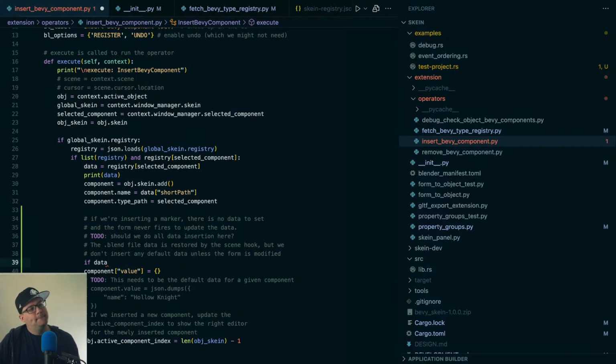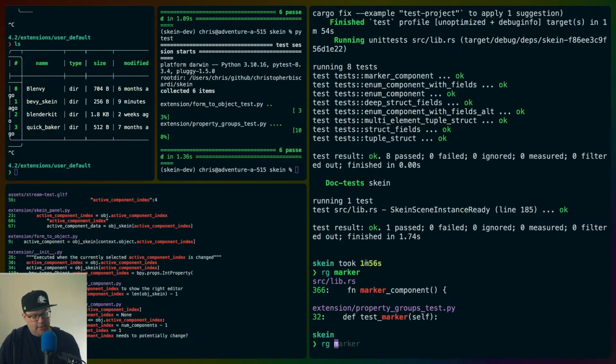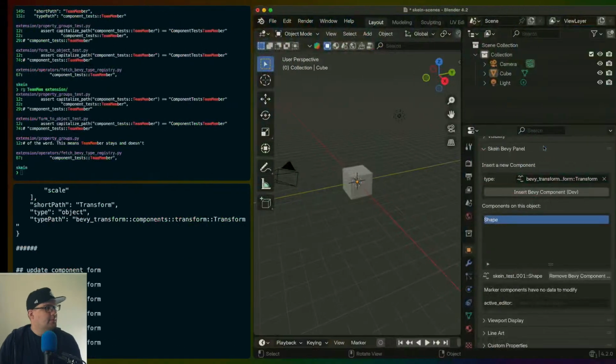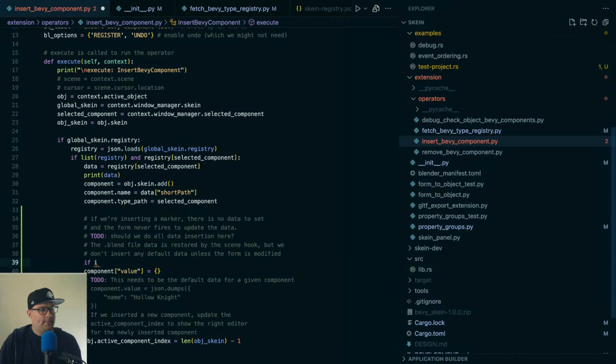If data, get annotations being empty isn't enough. I think it needs to be struct and empty. What is the right incantation for annotations? Get annotations. So if not get annotations and